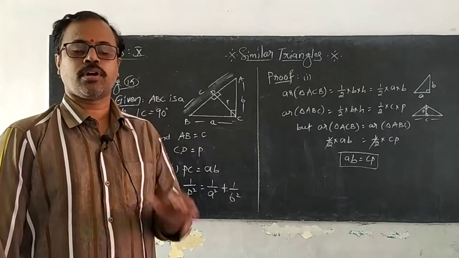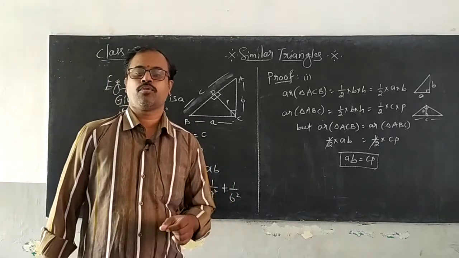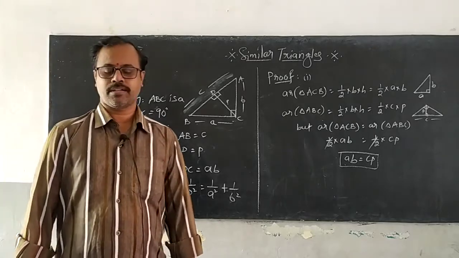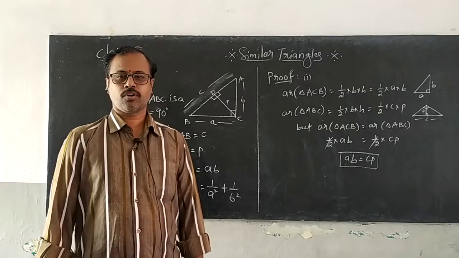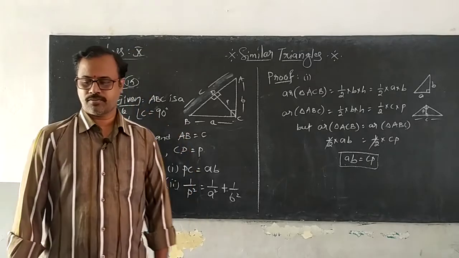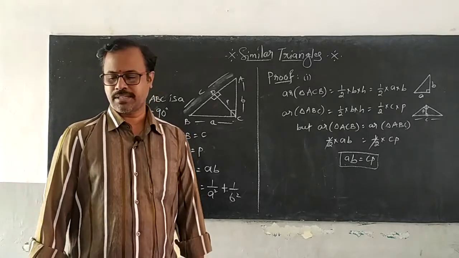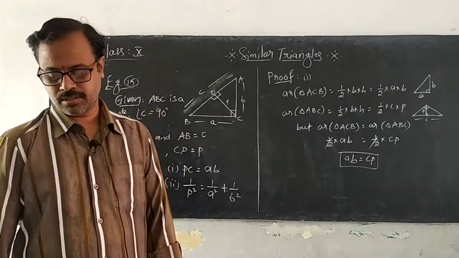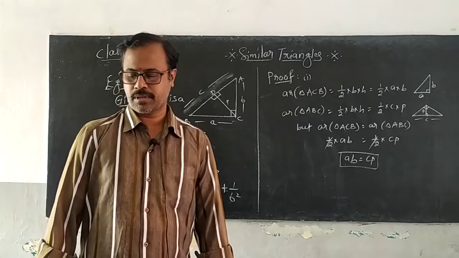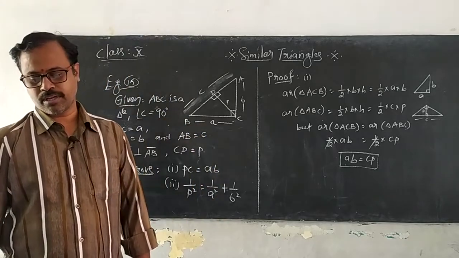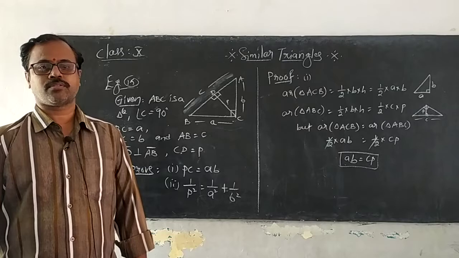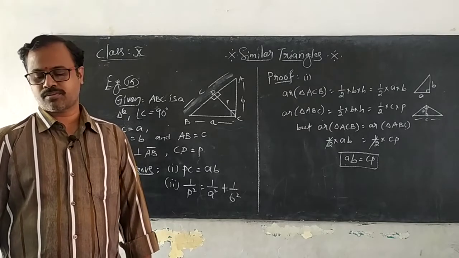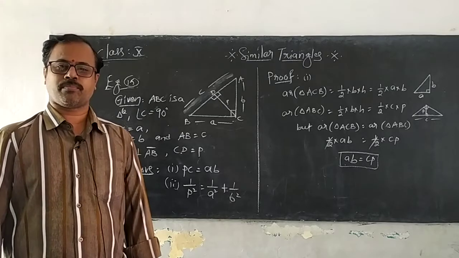Right, today we are going to discuss one more most important question, page number 219, example 15. See what is given in the question. Triangle ABC is right angled at C, BC is equal to a, AB is equal to c, and let p be the length of the perpendicular from C on AB. Prove that 1) pc = ab, and 2) 1 by p square is equal to 1 by a square plus 1 by b square.